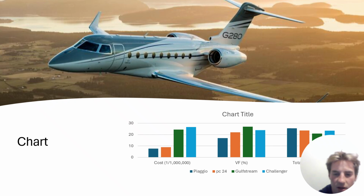Lastly, here's the chart. You can see the different airplanes down there by their color and how much they cost is the first one, the value factor number, and the last one was the total scores. So it's kind of cool to see the